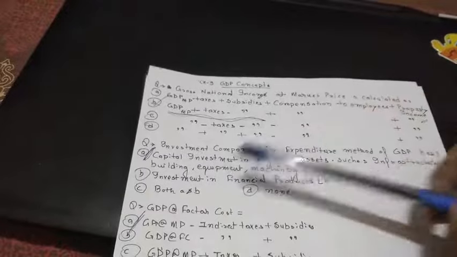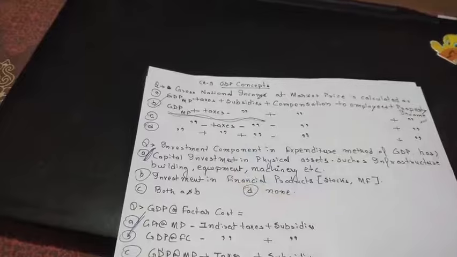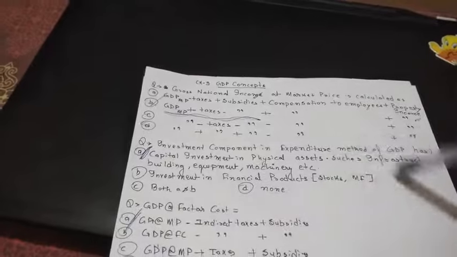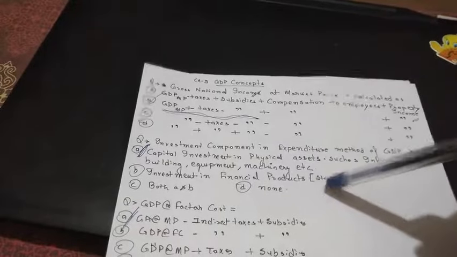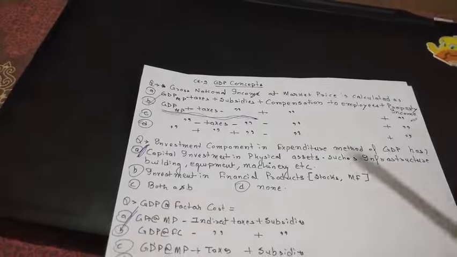Yes, the investment component in the expenditure method of GDP has capital investment in the picture. Second option, investment in financial products. No, it is not added. Option B is not added in the investment component of the expenditure method, because the investment in stocks and mutual funds is volatile in nature. So it is not added. So the option is